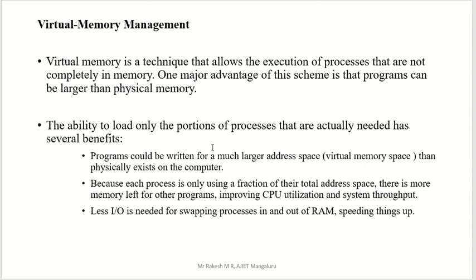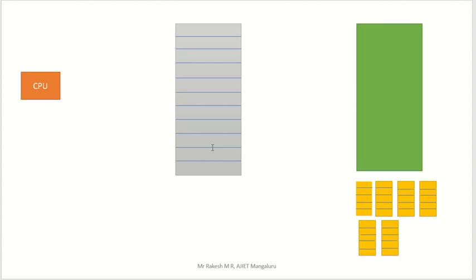So I will show that in the next slides. I think you understood this concept. Many pages are there, many processes are there. We have to perform the multi-programming concept. Multi-programming means the CPU will execute many processes, but here the size of the memory is small and the size of each process is large. So we are going to take some of the pages of each process into your main memory. At that time the CPU thinks that all processes are there in your main memory, and it starts executing page by page.